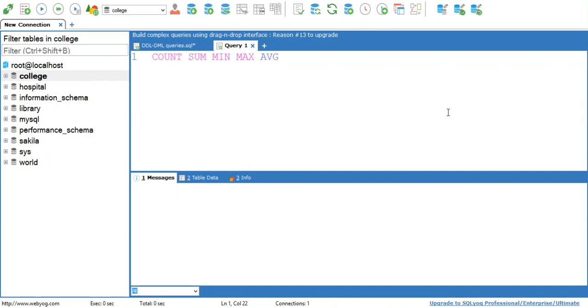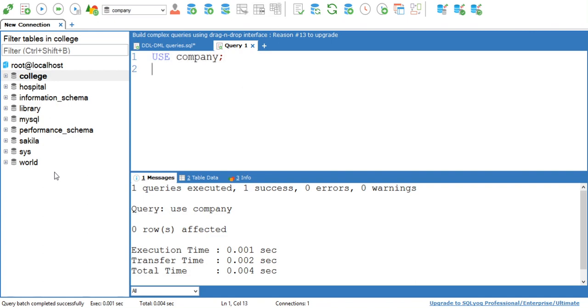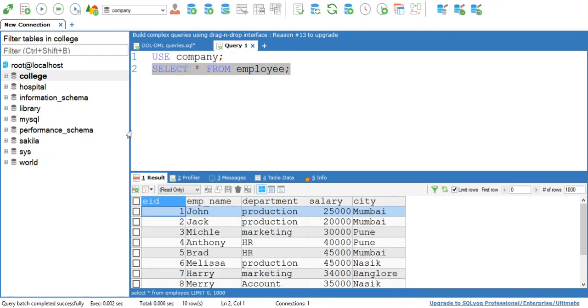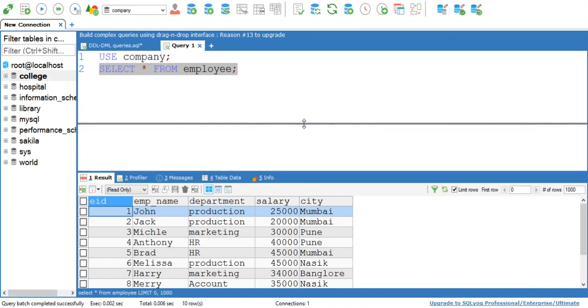Okay, so today we are going to execute queries by using all these aggregate functions. Now here I have one user defined database, that is company. So first we'll open that database with use company. Okay, the database is now ready for execution. In that database I have one employee table. So first check what the contents of that employee table are. Select star from employee. Okay, see at the output section you can see all the rows from the employee table.